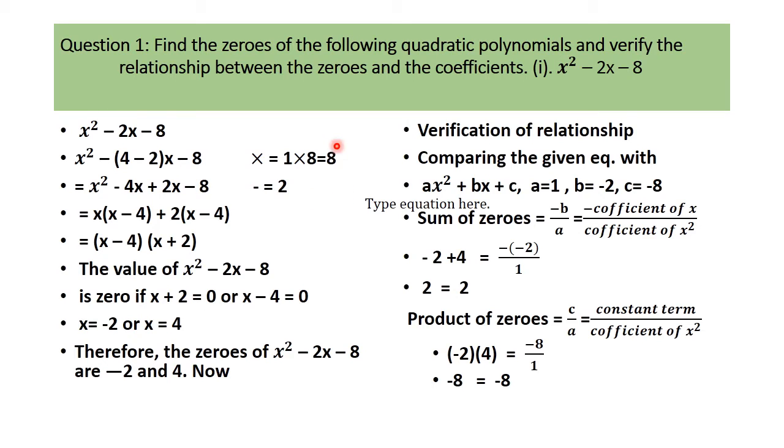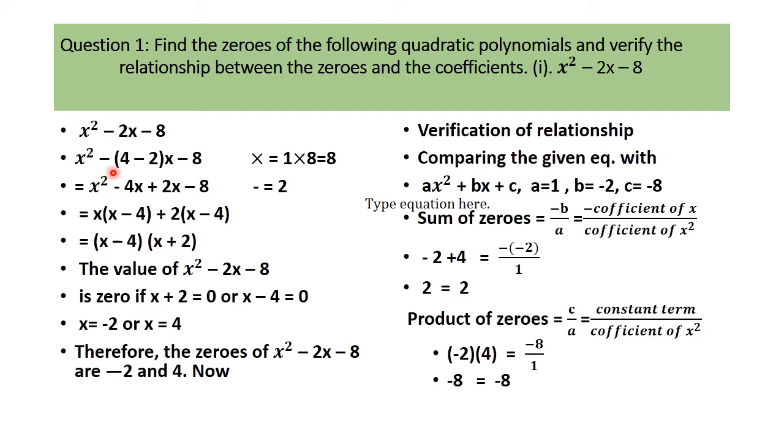We should get 2. Now we will take two numbers whose product is 8, and when we subtract these two numbers, since here is minus, we should get 2. If here is plus, then we will add these two numbers. Like 4 2s are 8, 8 1s are 8. So the two numbers are 4 and 2. We will subtract 4 minus 2, this gives 2. So this is the method how we break the middle term, like this, 4 minus 2.